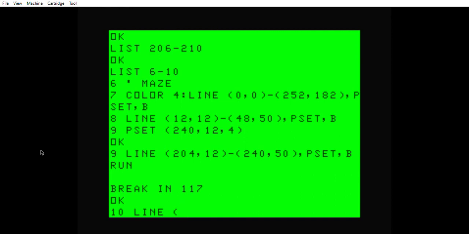So we're going to do line 12, and 12 and 12 is 24. 2, 12, let's try 14, comma, and from the top to the bottom is 50 minus 12. 50 minus 12 is a difference of 38. So if we add 38 to 24,